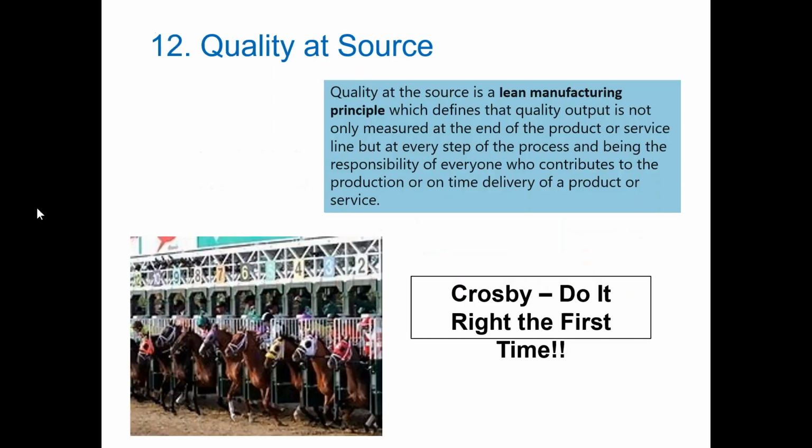Of course, again, coming back to Phil Crosby, coming back to that cost of quality, coming back to his do it right the first time, a lot of Feigenbaum's work comes through at the quality at the source. Again, I had just the idea of the horses going out at the gate. You've got to be able to get out of the gate quickly. With Crosby, do it right the first time. Get this quality source. This is the lean manufacturing. This is the original do it right the first time activity.